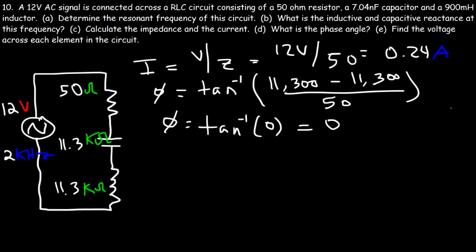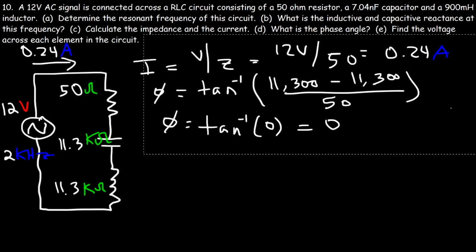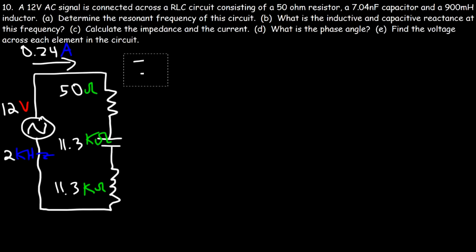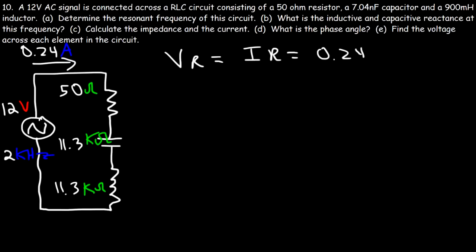Now what is the voltage across each element? So we have a current of 0.24 amps. Let's use that information to find the voltage across the resistor, the capacitor, and the inductor. The voltage across the resistor is going to be I times R. So the current of 0.24 amps times a resistance of 50 ohms. And that's equal to 12 volts. So that's the voltage across the resistor. Notice that it's equal to the voltage of the source, because the other two voltages are the same and they're